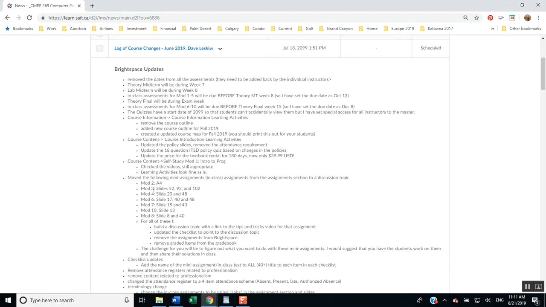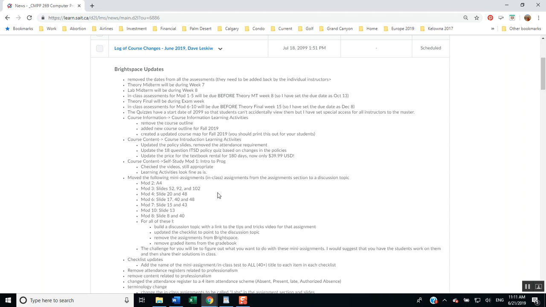Another big change that we did: we talked to instructors, and one of the heavy burdens in this class is all these little mini assignments that need to be graded. So I've taken this list of mini assignments, a list that Kitty gave me, either the ones that are hard to mark or the ones that really are not the most important in terms of learning. And we've made them